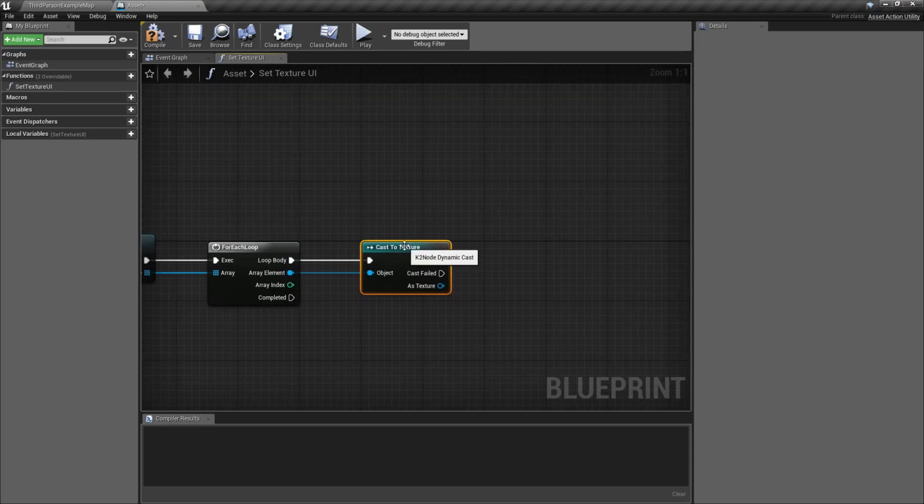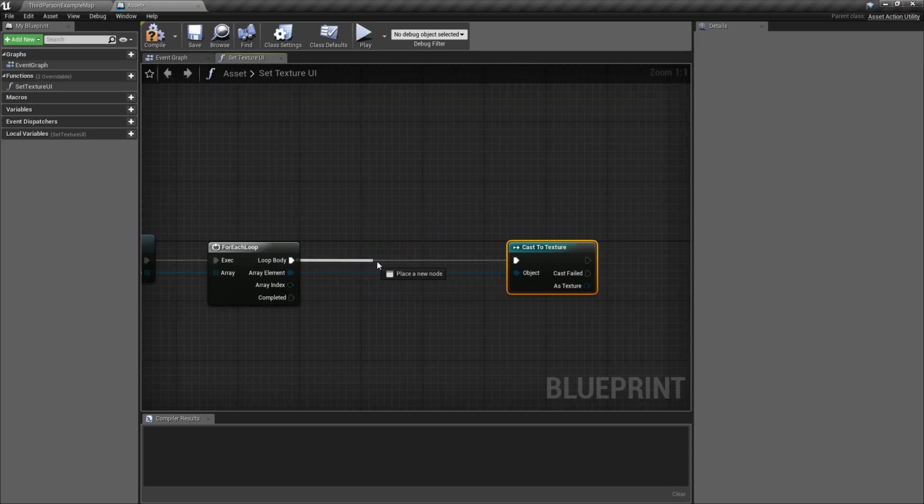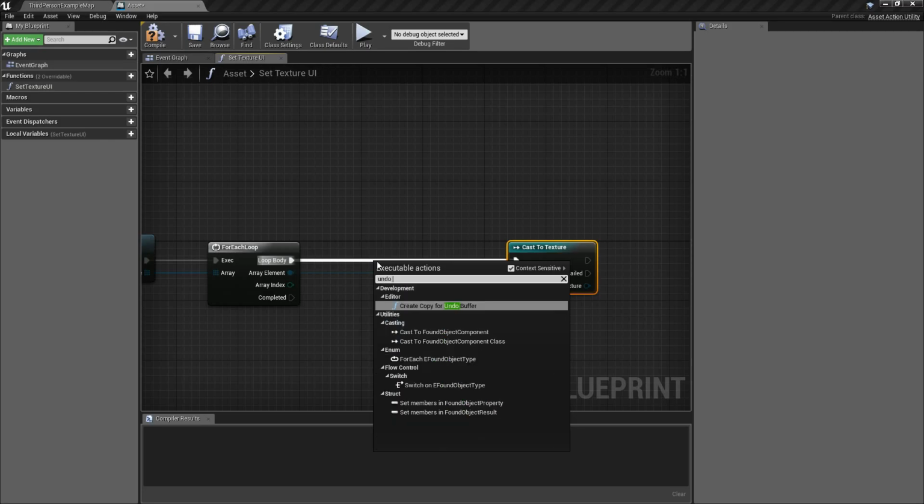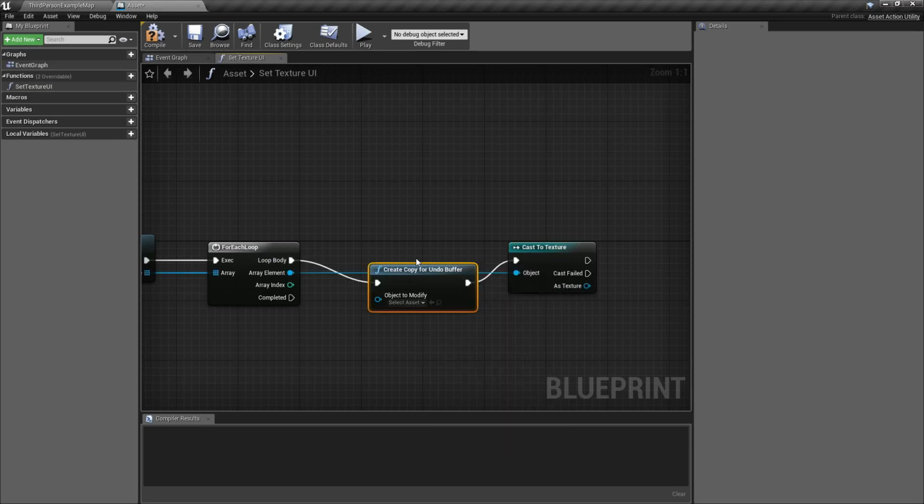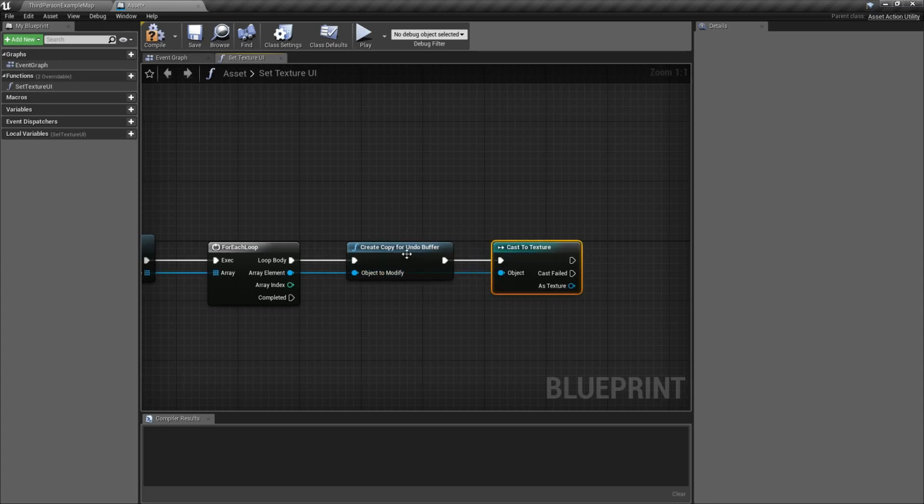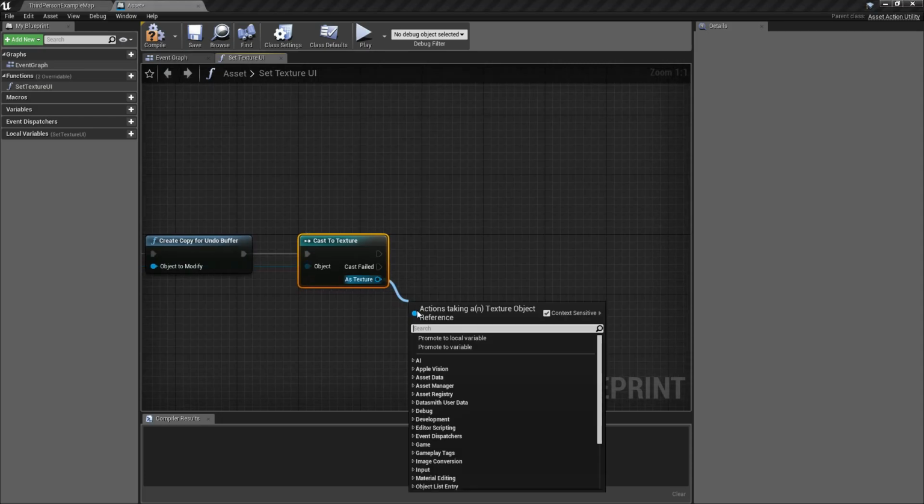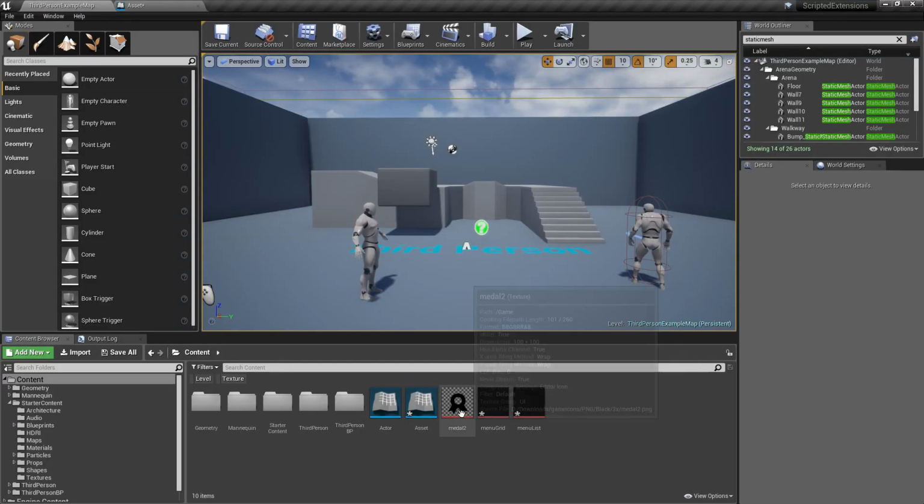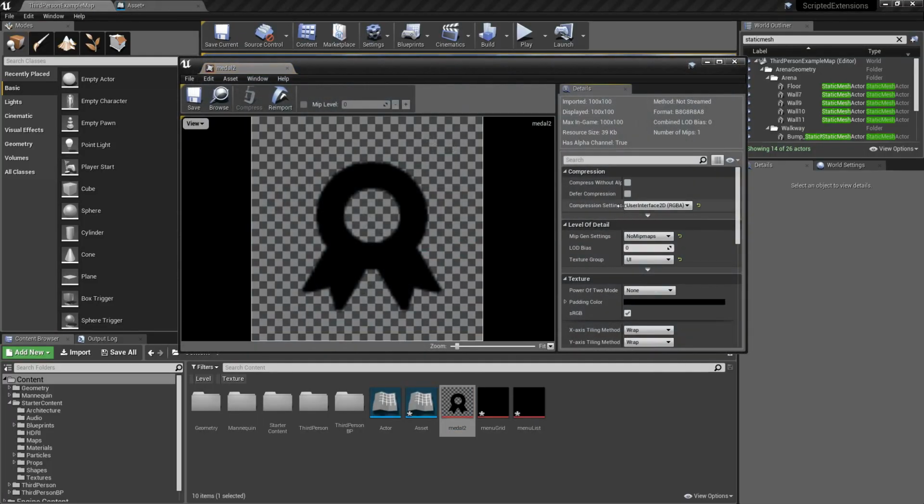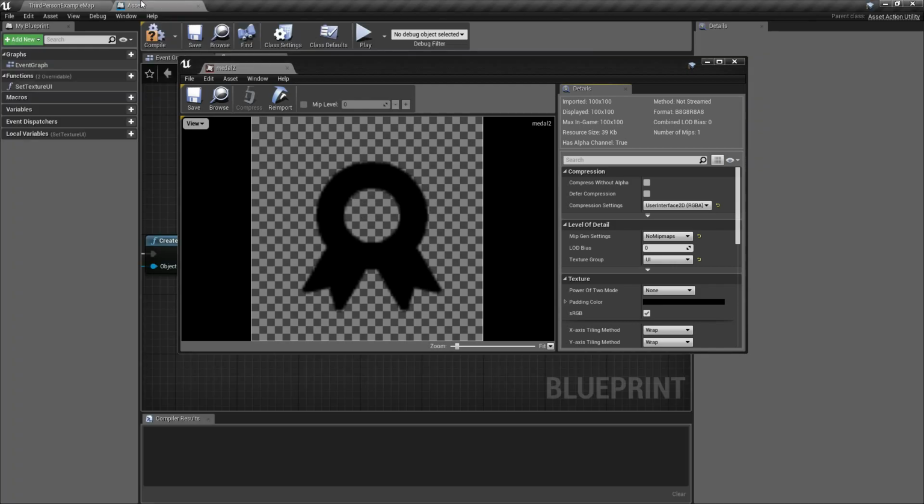We can also, even before that, make that undo buffer and plug this in. So we have that. And now, since we know that we have a texture, we can see what we want to set. So open a texture and see what we want to set. Texture group and compression settings. So we want to set,